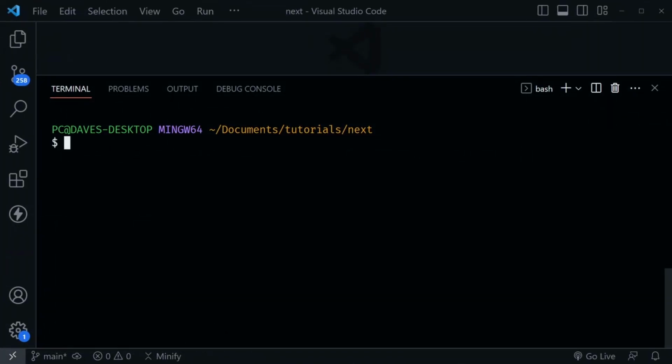I'm in VS Code and I have a terminal window open. I am ready to create my project inside my Next folder already. So here I'm going to say npx create-next-app, and I am going to use the latest. However, if you're following this tutorial at a later time, make sure to check my package.json file to see which